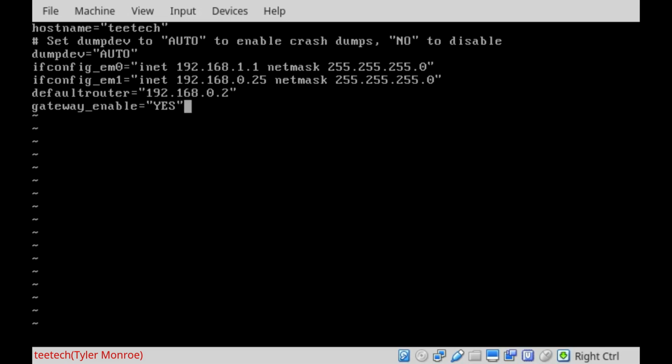After that, we need to set up PF, which stands for packet filter. That's the firewall in FreeBSD. So we're going to do pf_enable equals, then again, capital YES. That enables it. And we're going to do pf_rules equals